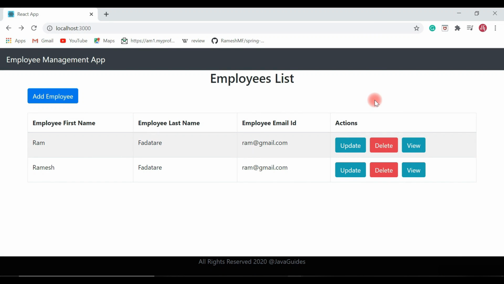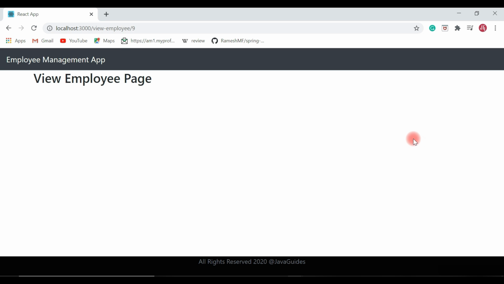In the previous video we created the view employee component, configured a route for it, and added a view button to the employees list page. Once we click on the view button, we are able to navigate to the view employee page. Now we'll retrieve an employee by this ID and populate that employee on the view employee page. Let's head over to the VS Code IDE and write the code to populate the employee data